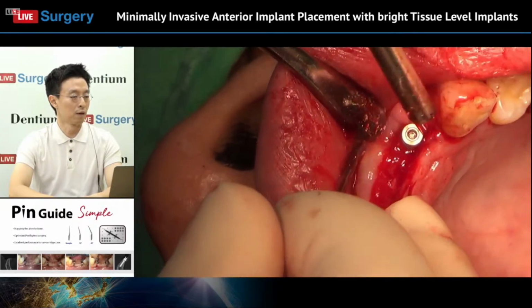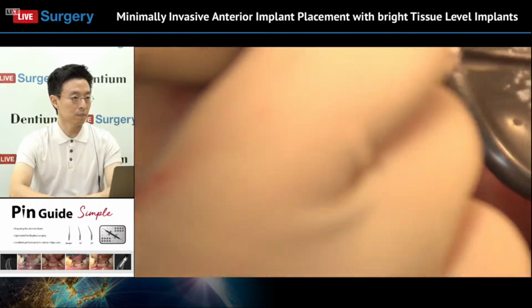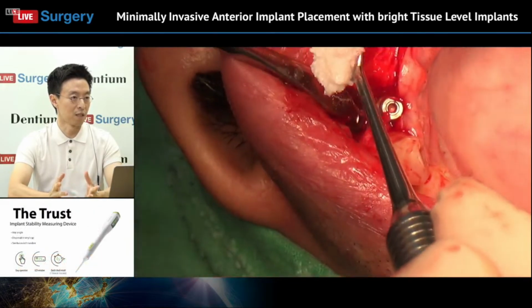The bony defect of both sides was concave design,